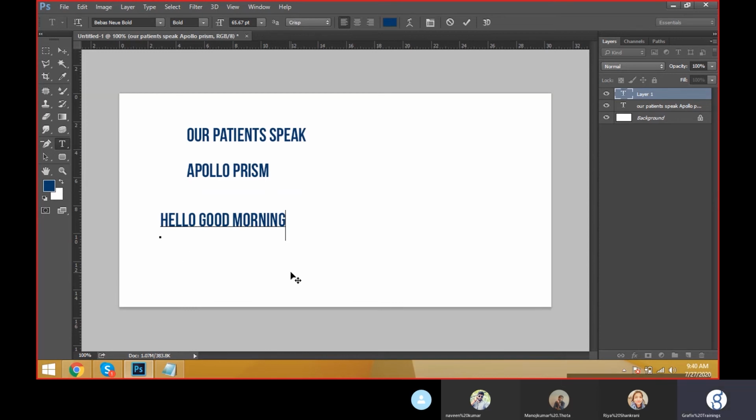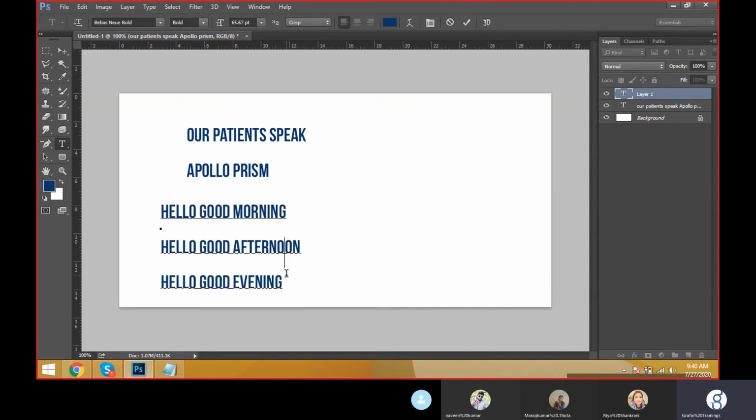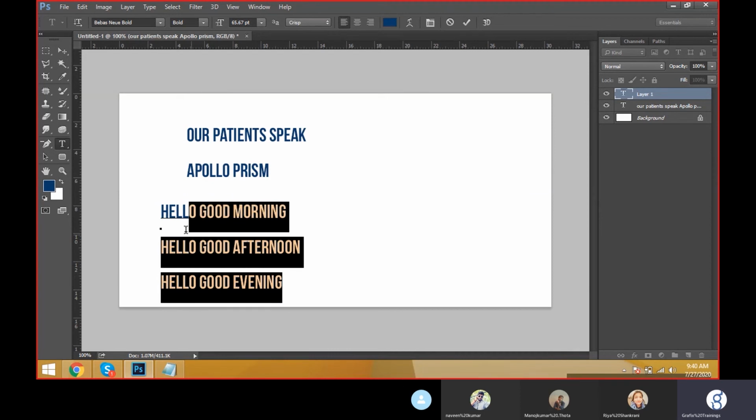You can press enter, then automatically it will come down. Hello, good afternoon. Again, hello, good evening. Like this. And select the text area. How am I selecting the text area? You can take the cursor, select the cursor and drag like this. This is called artistic text, 1 or 2 lines, and this is only the heading of the parts.